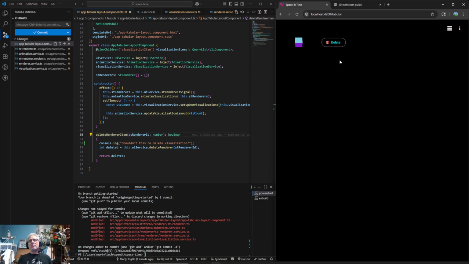It doesn't exist anymore, but this one now exists. So we don't want to necessarily delete the renderer all the time. But when they hit this button, that's a different game. We want to actually delete the whole item, not the render. We're trying to delete the entire visualization,